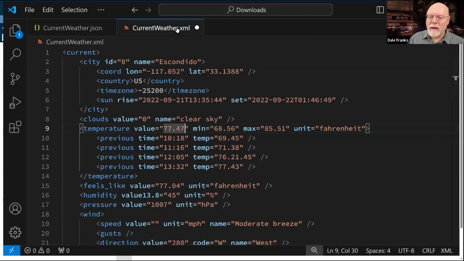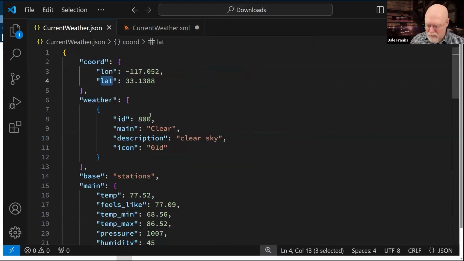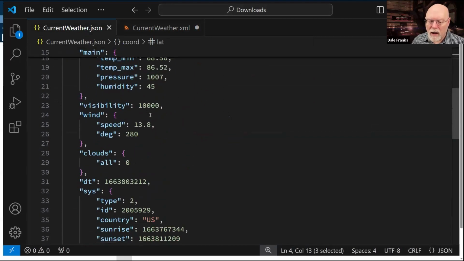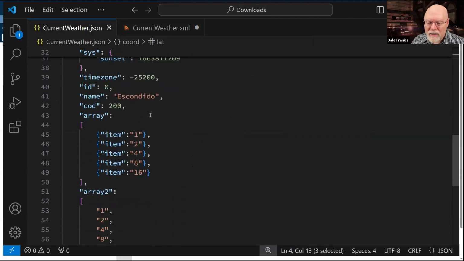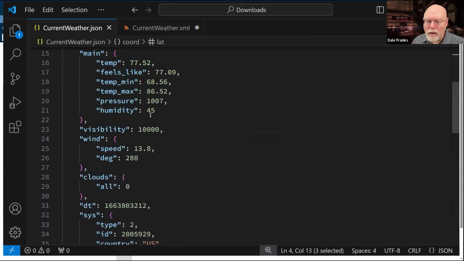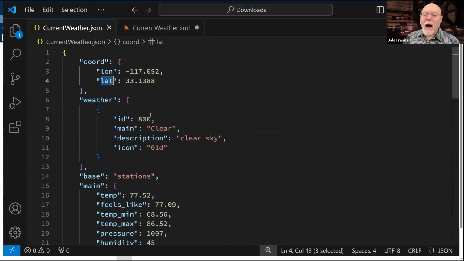But if I go here, current/city, which came in from nowhere, and then coord. Well, wait a second. Where is city over here? City? City, are you there? No, it's not. I really have two different structures.